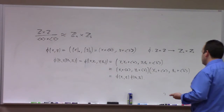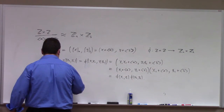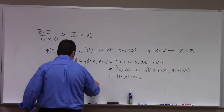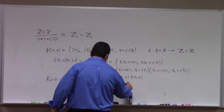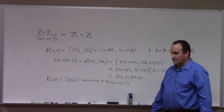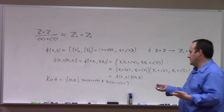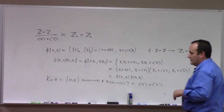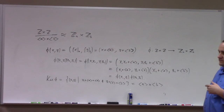What's its kernel? Kernel phi would be x and y such that x plus a equals a, and y plus b equals b, right? I mean, that's what it takes for this to be the zero, which is tantamount to saying x is in the principal ideal generated by a and y is in the principal ideal generated by b. So in other words, this is exactly the ideal generated by a cross the ideal generated by b, because x has to be in a and y has to be in b by those conditions. Right? You're fine. All that remains then, right, is to show that it's a surjection. But it's almost